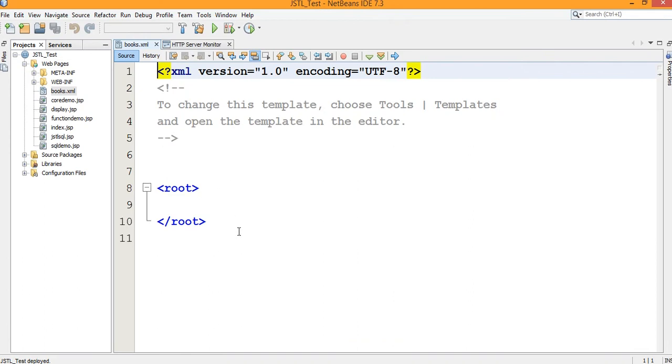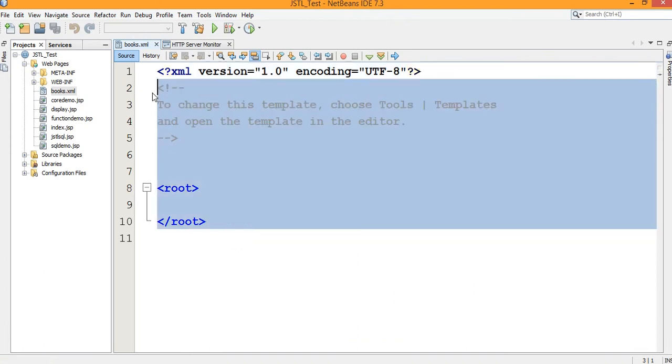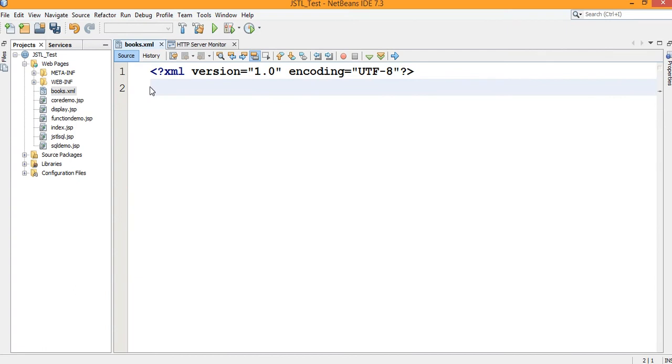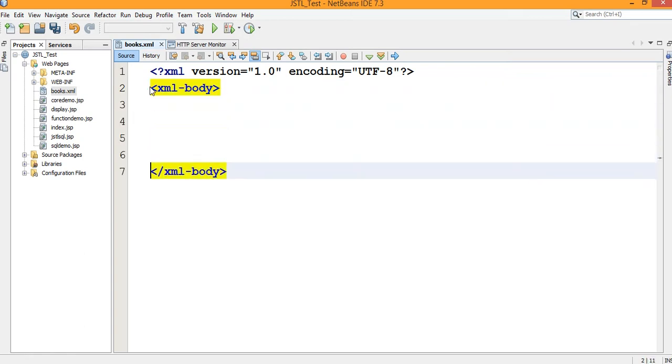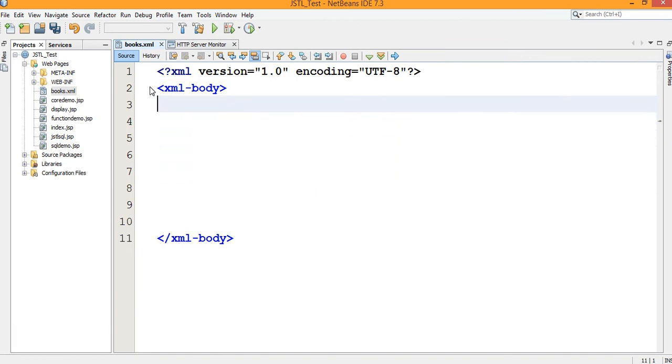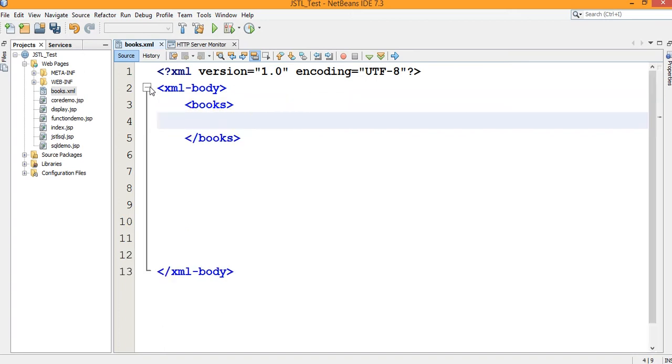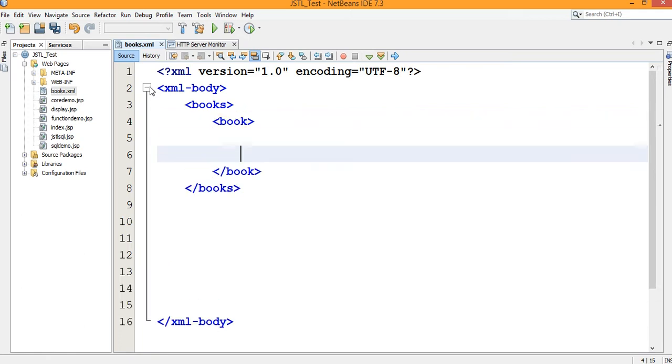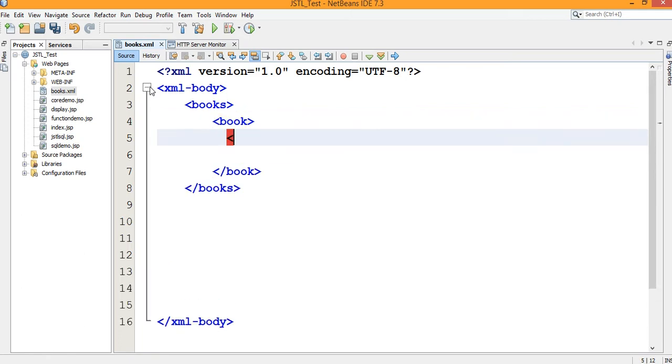Here you can write whatever tags you want to include. I edit the XML body tag and end the tag. I am creating a user-defined books tag as XML. In books, I write two books' information. One book tag has three different pieces of information.